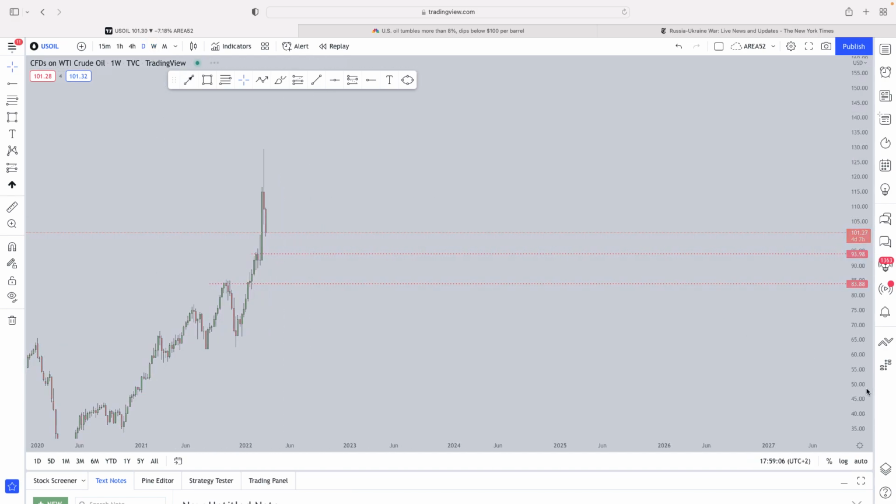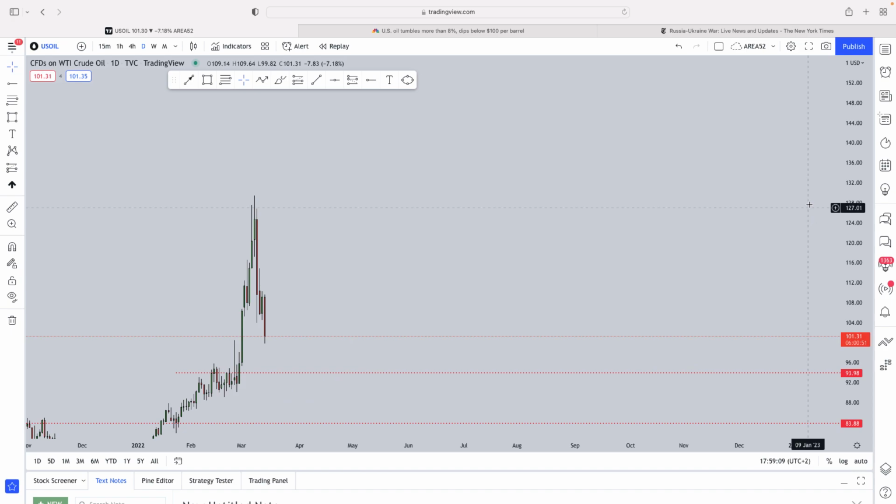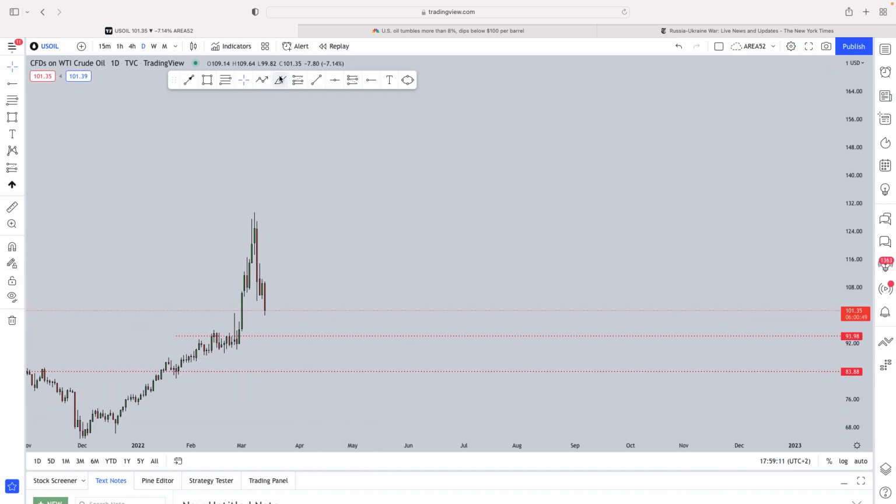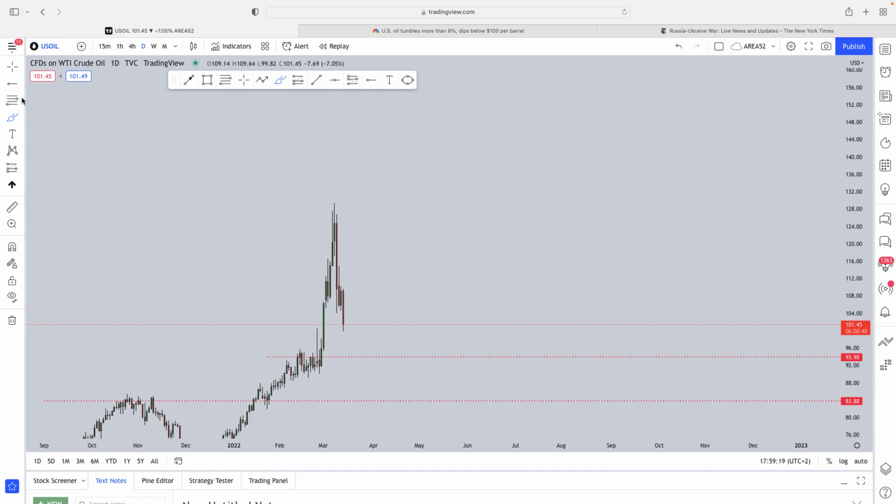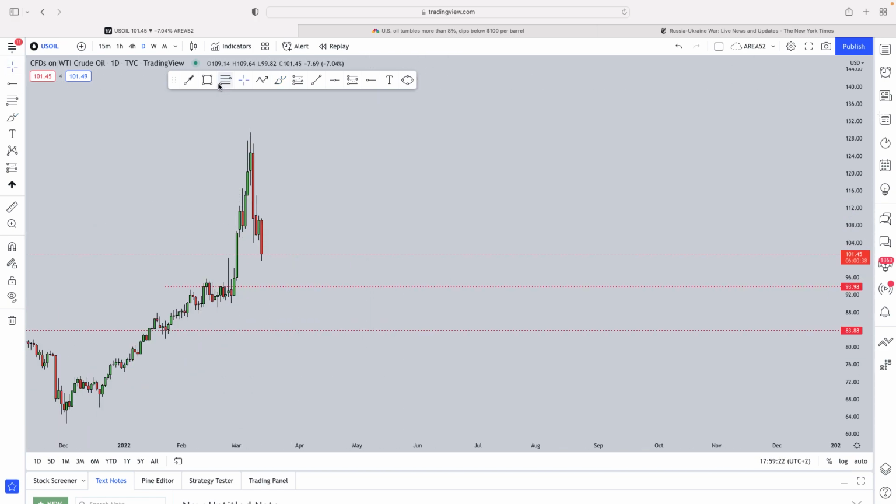Now, if we drop down to the daily time frame, what do we see? From a daily perspective, it's very clear. If you look at this, you can see how the market printed that head and shoulders pattern. We can see how the market had melted to the downside. Now, the best way for us as traders to look for a selling opportunity is, as we can see over here,